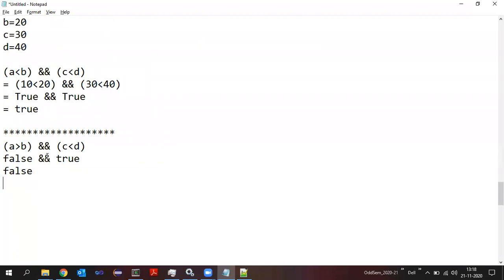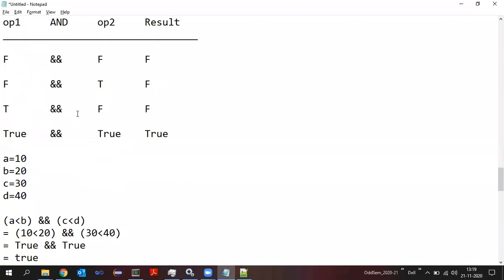Yes, sir. If anybody is having any doubts, just clarify here itself. I'm just waiting for 30 seconds. If there are any, ask me here itself. I will just put the screen on this stage. Operand 1, logical AND, operand 2, and the result. This is the truth table. We call it a truth table. You need to remember that the logical operators operate on operands which have truth values. The inputs are true or false. Then only it will work.